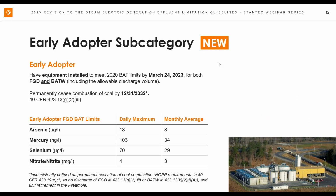This time around, EPA created a new subcategory for early adopters. Industry, in a number of conversations with EPA and with the Office of Management and Budget, asked the question: what about folks that went ahead and started complying early on when the 15 rule came out, went to compliance for the 2020 rule,